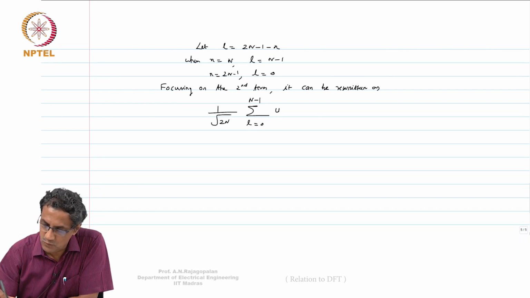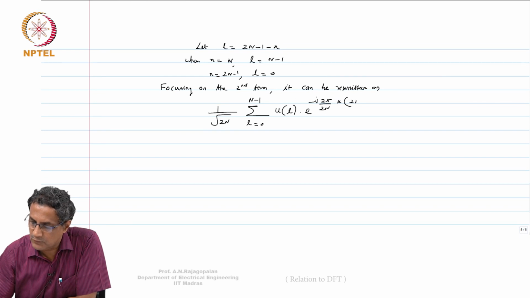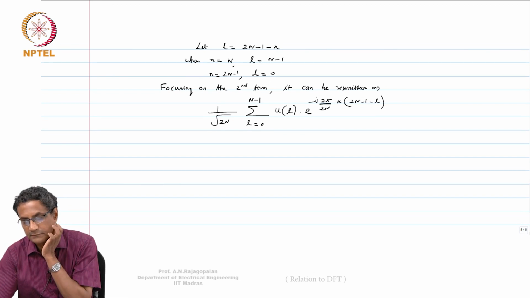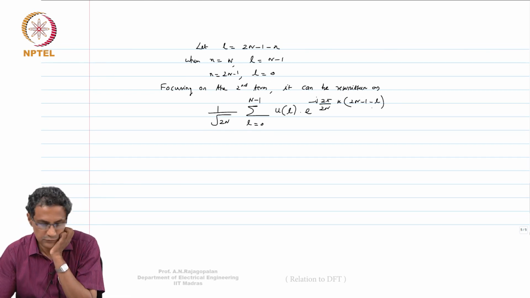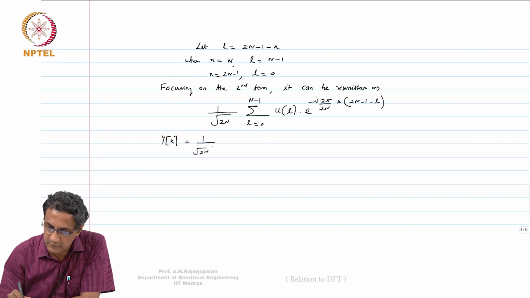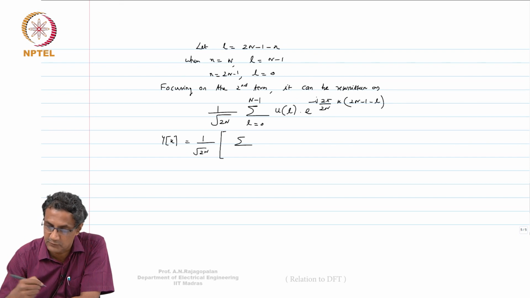And then what do you have? U of L e raised to minus j 2 pi by 2n k, and then replace n by L, so that will be 2n minus 1 minus L. K still goes from 0 to 2n minus 1. This is okay, no? Or in other words, we can come back to that expression and say that yk is 1 by root 2n, and then we can actually sum it up, because that sum was also going from 0 to n minus 1. So simply write it as n equal to 0 to n minus 1, except that in the first case you had un